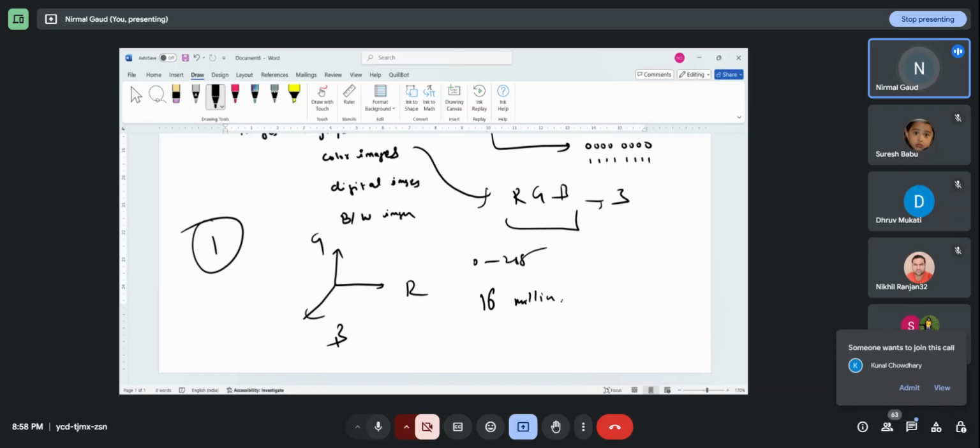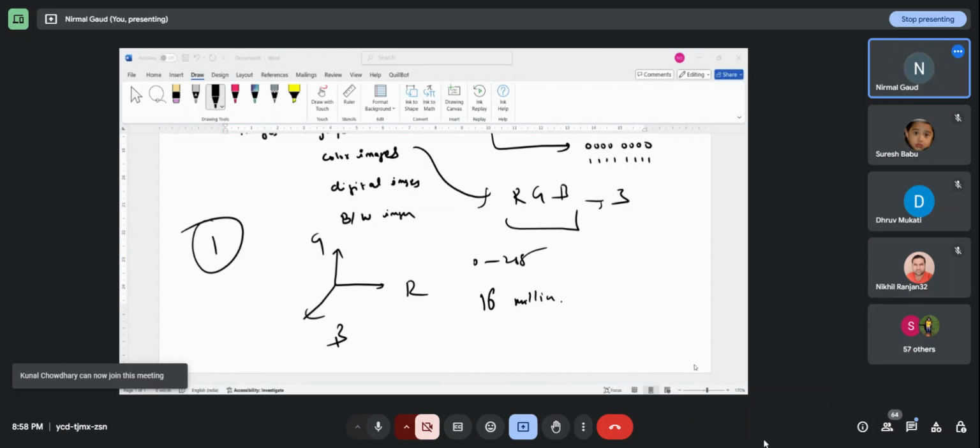We can have digital images also. What are these digital images? Digital images are images in the form of 0 and 1, that means those images stored on digital devices.